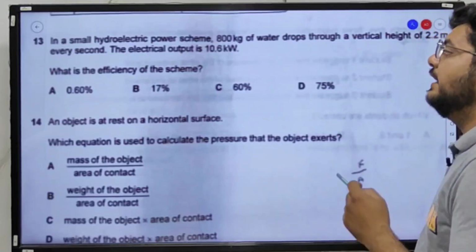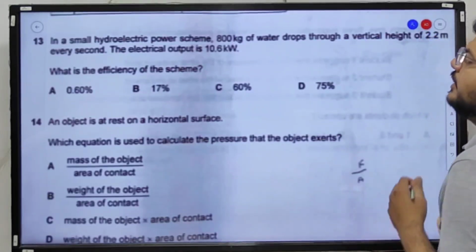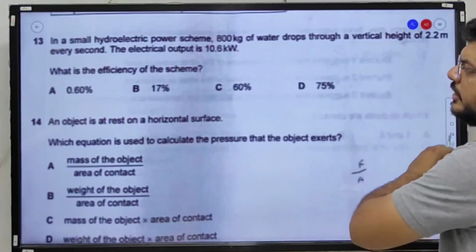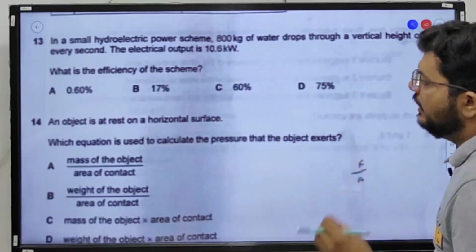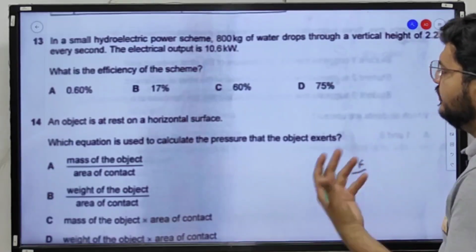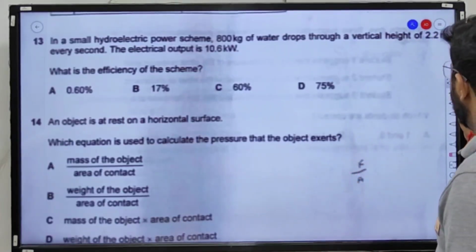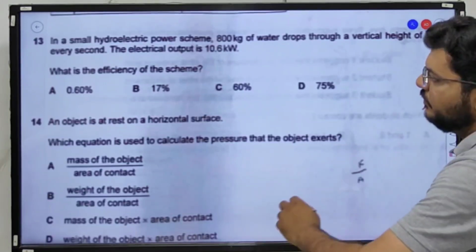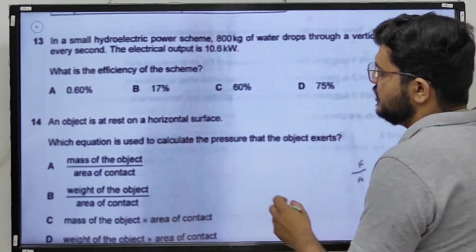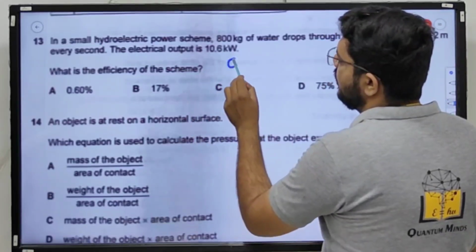Question number 13. In a small hydroelectric power scheme, 800 kg of water drops to a vertical height of 2.2 meters every second. The electrical output is 10.6 kilowatts. What is the efficiency of the scheme? Okay, so just starting from the back, what do we have to find? We have to find the efficiency. Efficiency is nothing but output